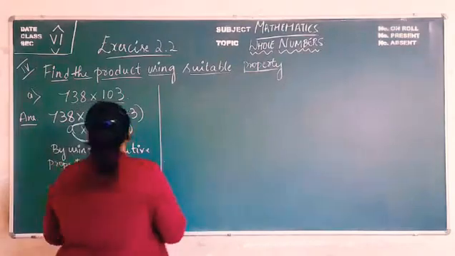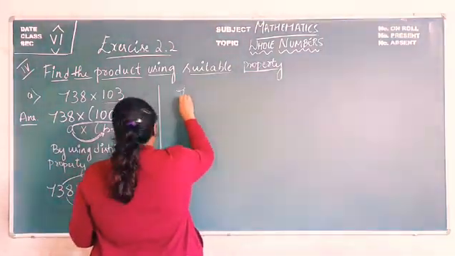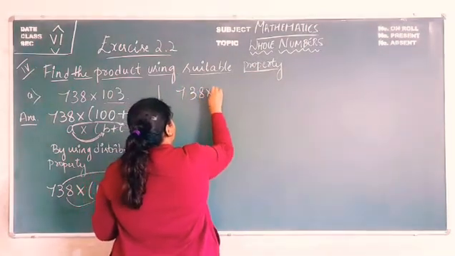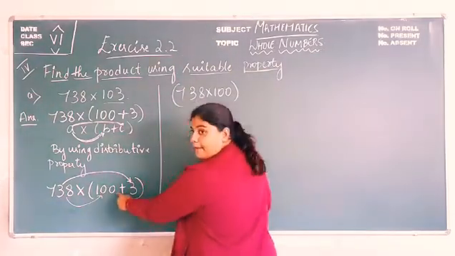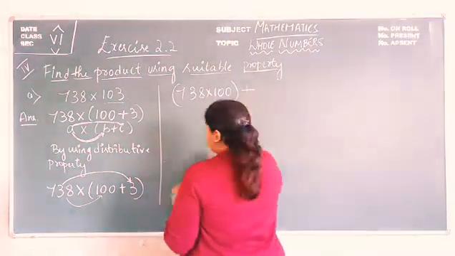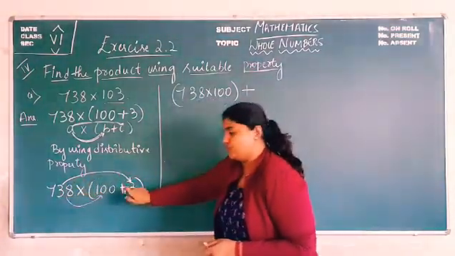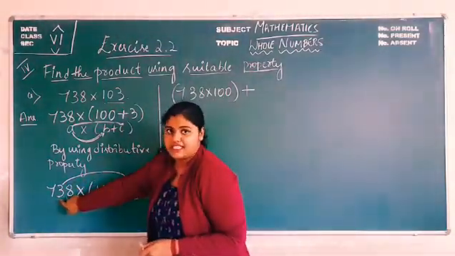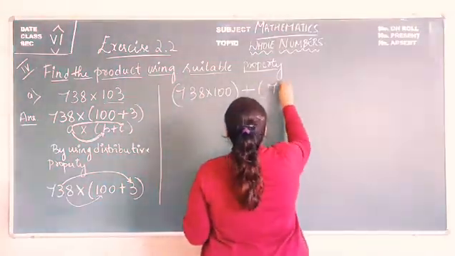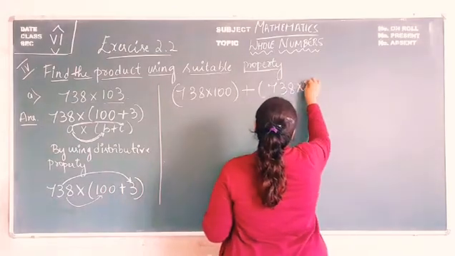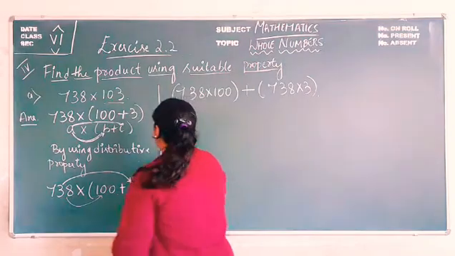So by applying distributive property for this expression, we will get, first we will multiply 738 into 100. So I will put a bracket here, then we have a plus sign. Then we have to multiply this 738 into 3. So again we will open the bracket and we will write 738 into 3. Next, what is the next step? Yes, we have to